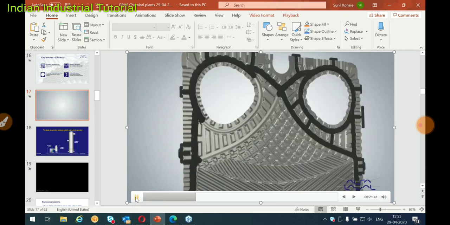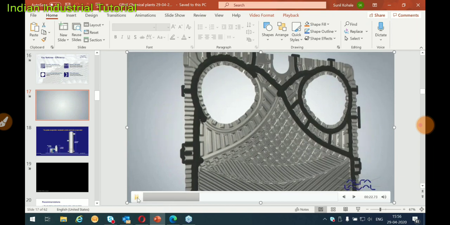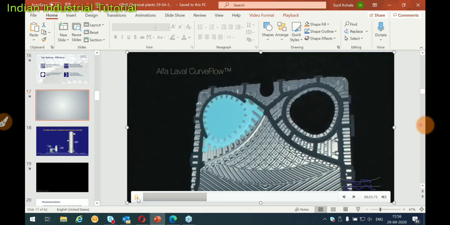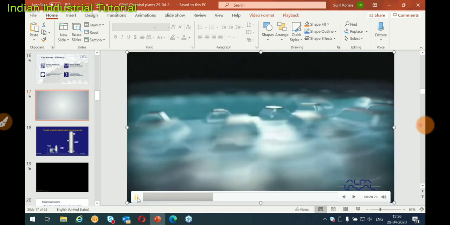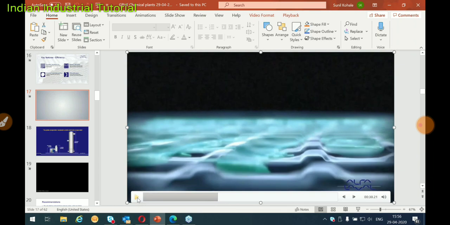Plate you can visualize here now. Actual plate you can visualize here. The plate has an omega port, clip grid gasket, and the distribution area is a curved flow, where we can see the bottom portion is a reverse way, so that the entire liquid will flow in the plate like this. You can see this liquid now, but once I start, I think the visibility is less.